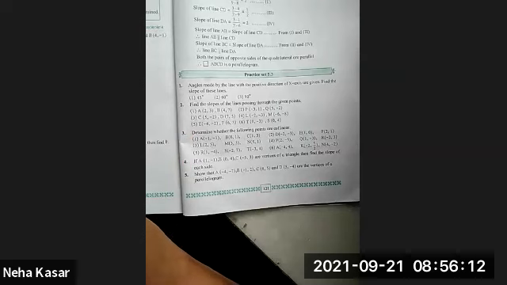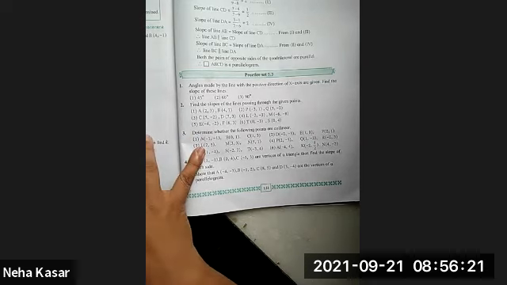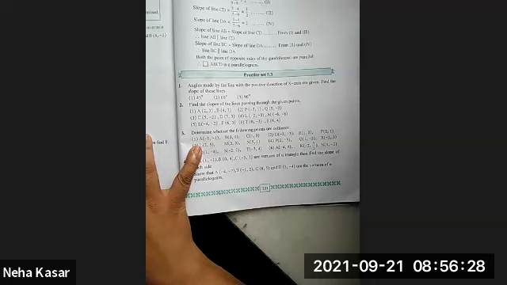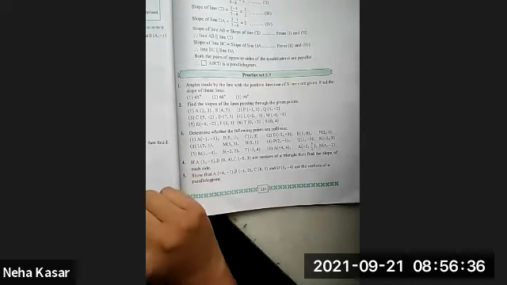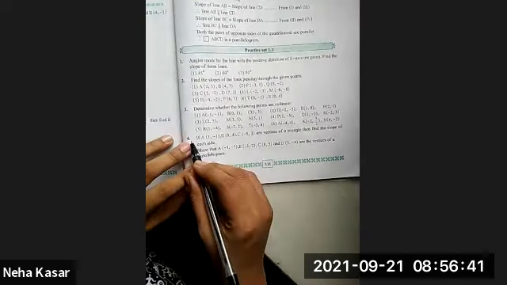Third, we studied how to find whether points are collinear. If the points are lying on the same line, then their slope will come the same. Here, determine means we are going to check whether the points are collinear or not. So that also we have completed. In that we studied collinear and non-collinear also. If the slopes are equal, then the points are collinear, and if slopes are not equal, then the points are not collinear. So today we are going to do the fourth sum. That day we completed the third.